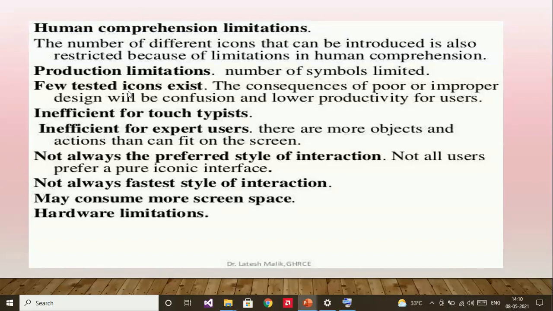Studies continuously find that the number of different symbols a person can differentiate and deal with is much more limited than text. So there are a lot of human comprehension limitations. When an icon is being used, the human has to understand that icon and differentiate it from the other icons used on the same system. So that is one more point to be noted here.